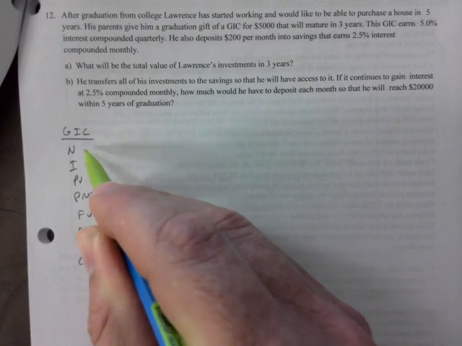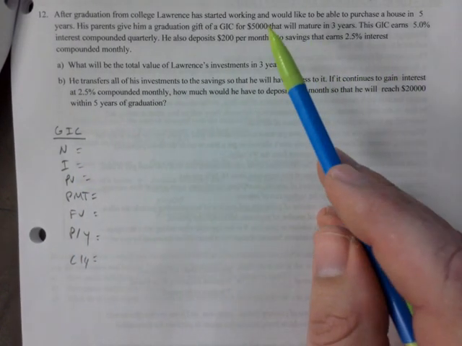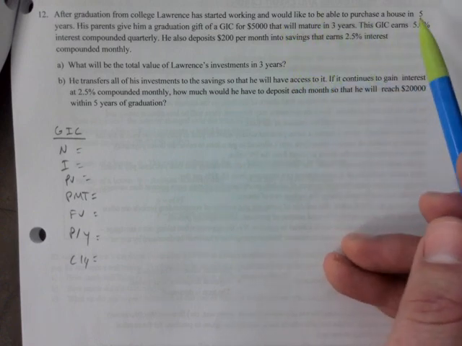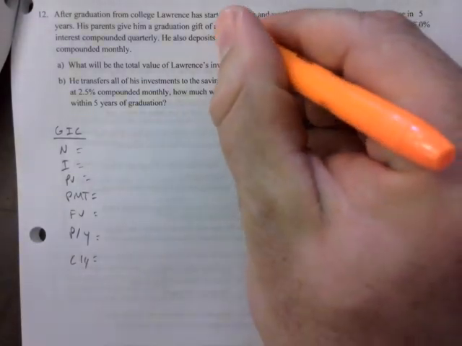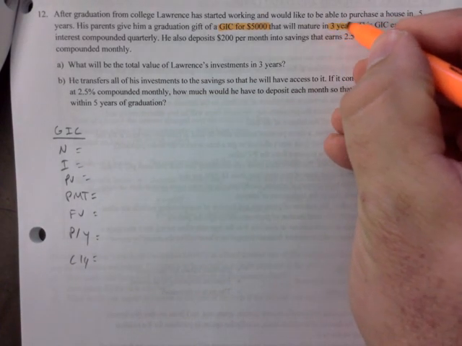So I think what might add to the confusion is that it's talking that Lawrence has a goal that in 5 years, right? In 5 years he wants to buy a house. So some of you are like, okay, 5, right? So that's the time frame you have in your head. But then there's a GIC, and remember, a GIC is locked in. You cannot deposit any on top of it. You just lock it in for a rate, and it will mature in 3 years.